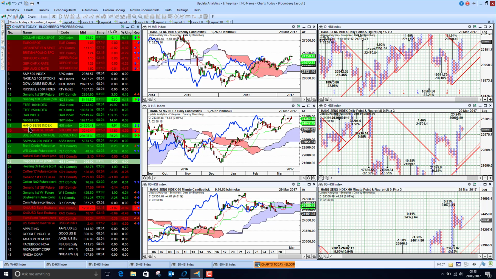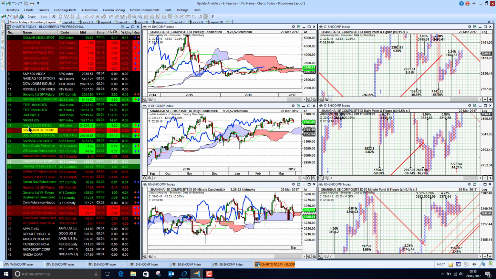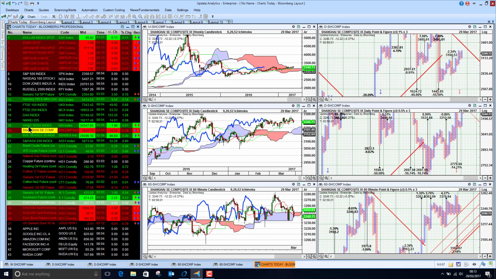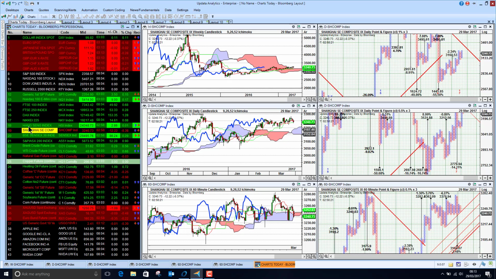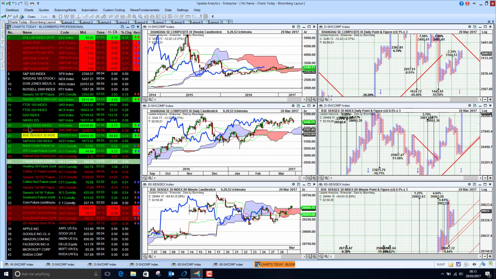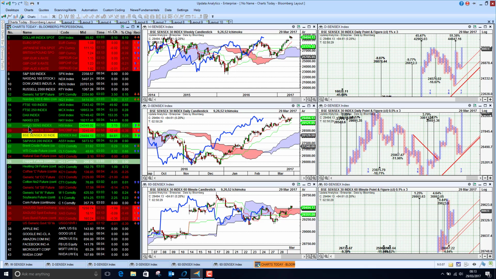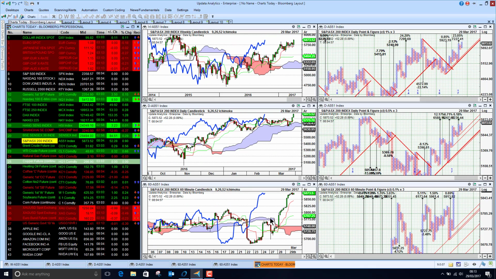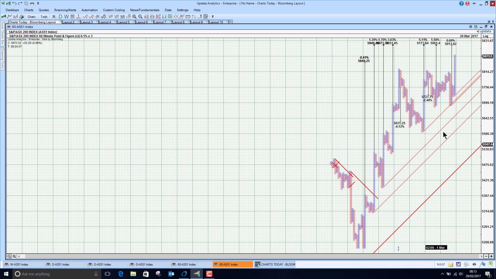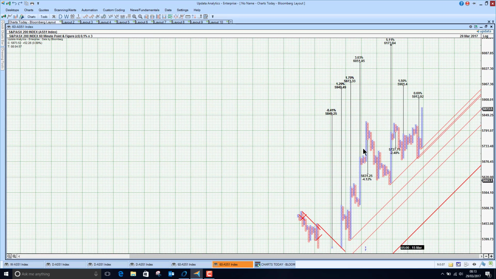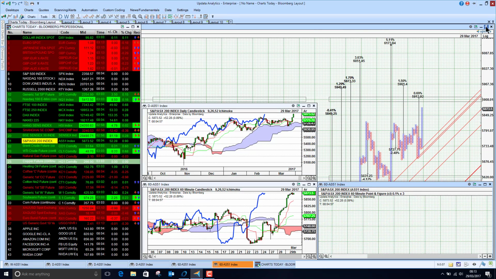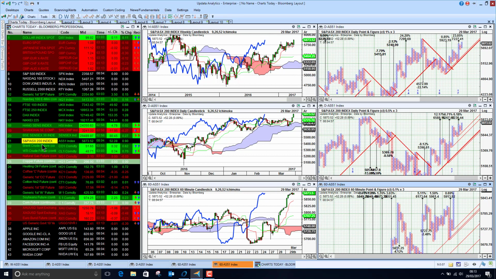Hang Seng still above the cloud. Shanghai Composite was down just 0.39%, so it just held the cloud, but not as strong overnight. And looking at the Sensex, we're still just in the cloud, but still bullish there too. The Australian market really leapt, and there are a few markets that have as many short-term upside targets as this one. The Australian market, really unbelievable. So many upside targets, and here comes the leap. And that really is what we should expect when you see that many targets to the upside.